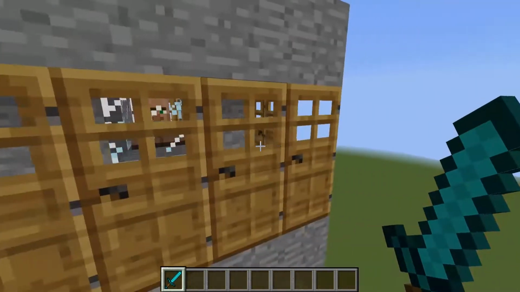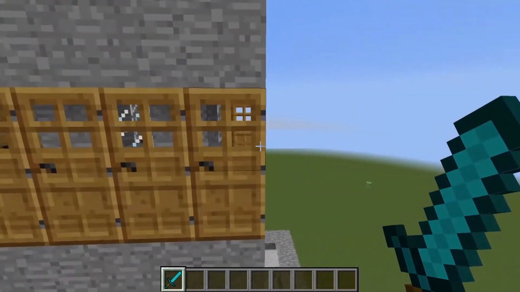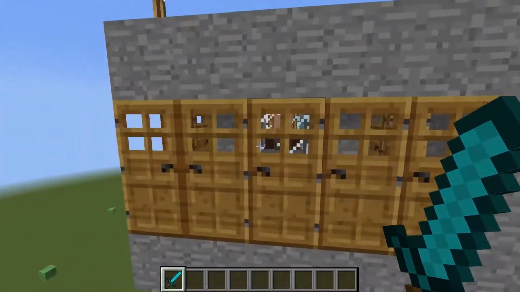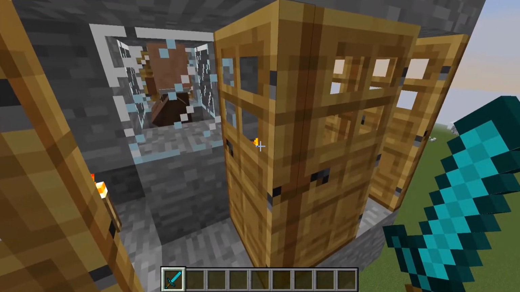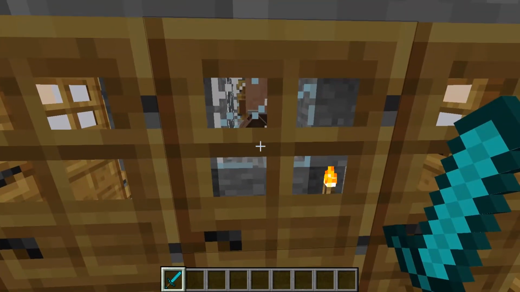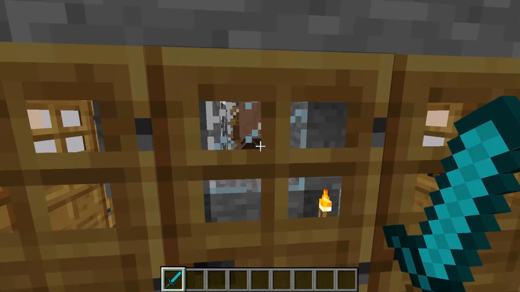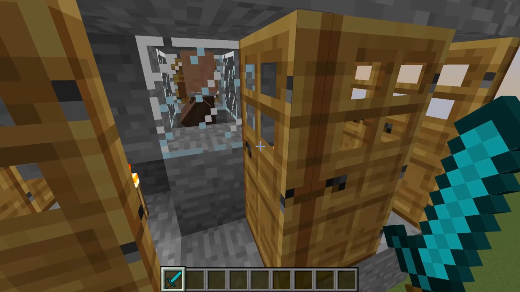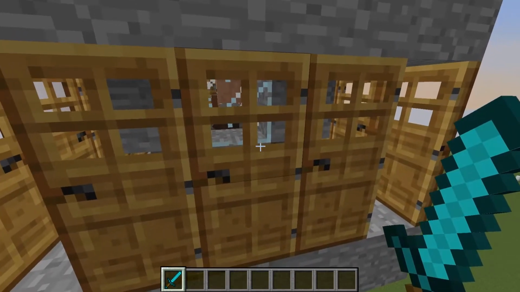I think about 10 or 12 doors here. I think I need 10 minimum for this to work. 1, 2, 3, 4, 5, 6, 7, 8, 9, 10, 11, 12, 13, 14, 15 even. But I think you only need about 10 doors to make this work. You need to have at least, well, 12 I guess. You need to have at least 4, no, 10 or even less, because